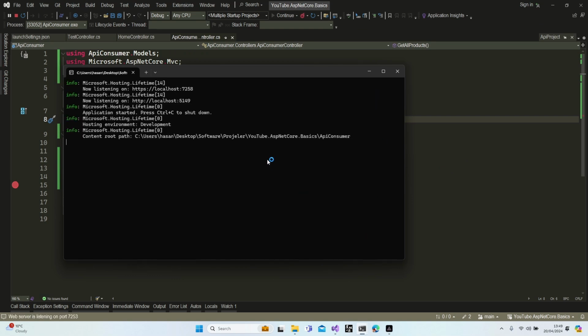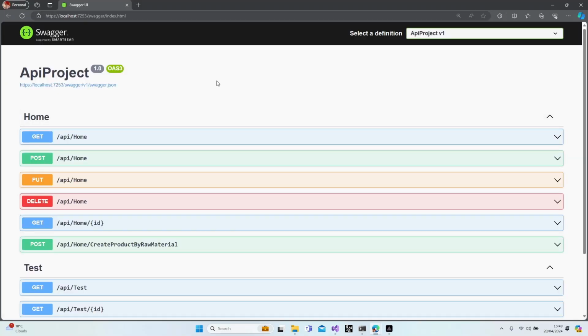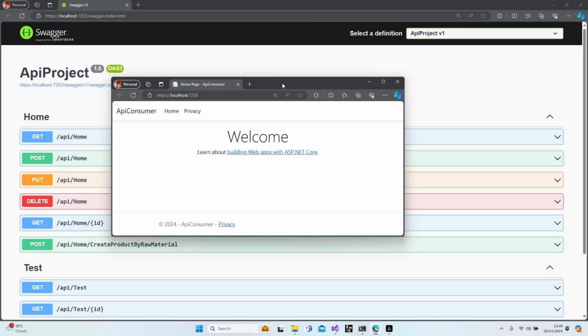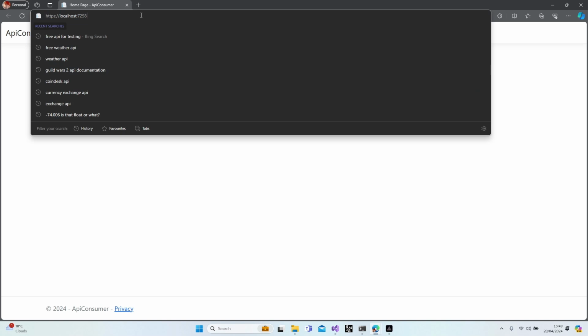I'm still waiting. Yep, perfect. Okay, API initialized and MVC initialized. Both of them are initialized, as you can see. All right, we will work on